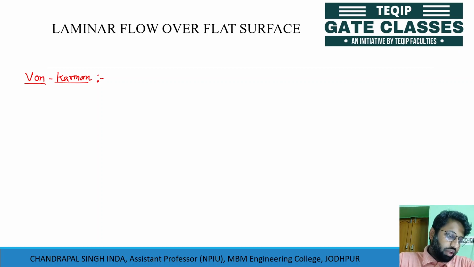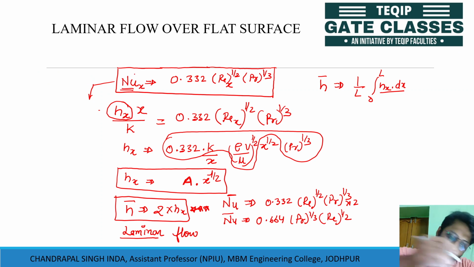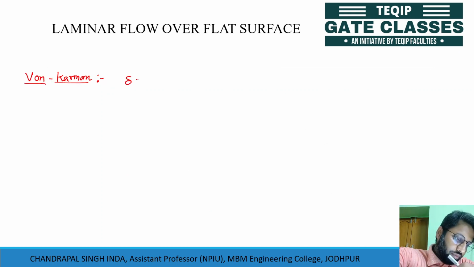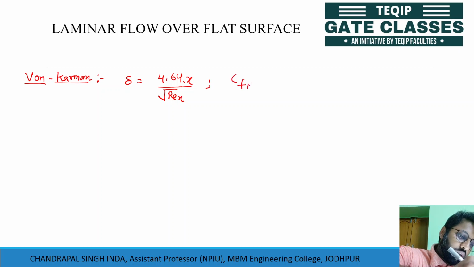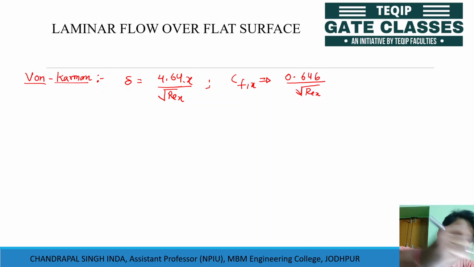According to this, the value of boundary layer thickness delta is 4.64 x, and the value of local skin friction coefficient is 0.646 divided by the square root of Reynolds number, and these results were used to solve the